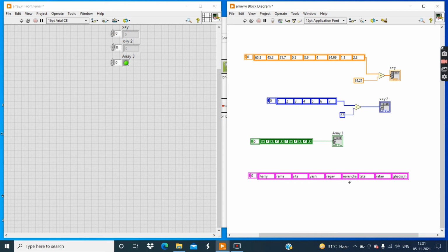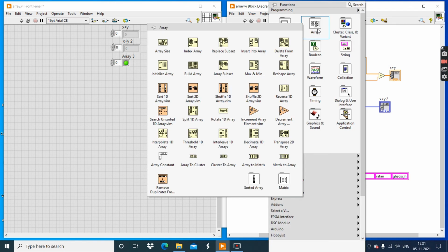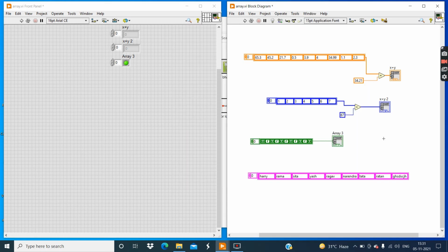We can add another string to the string data type array, but for that I need to use the tool from the array palette, that is insert into array. But right now I want to explain only this portion. I will explain all the tools later. So simply create indicator.